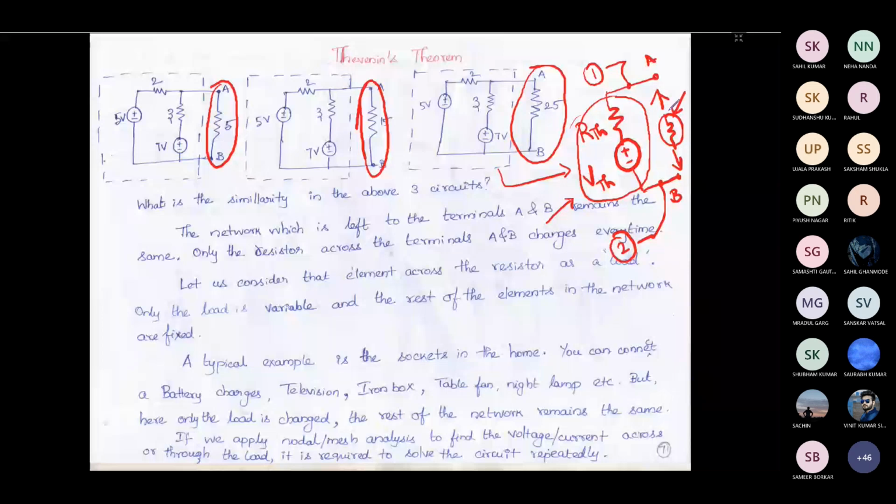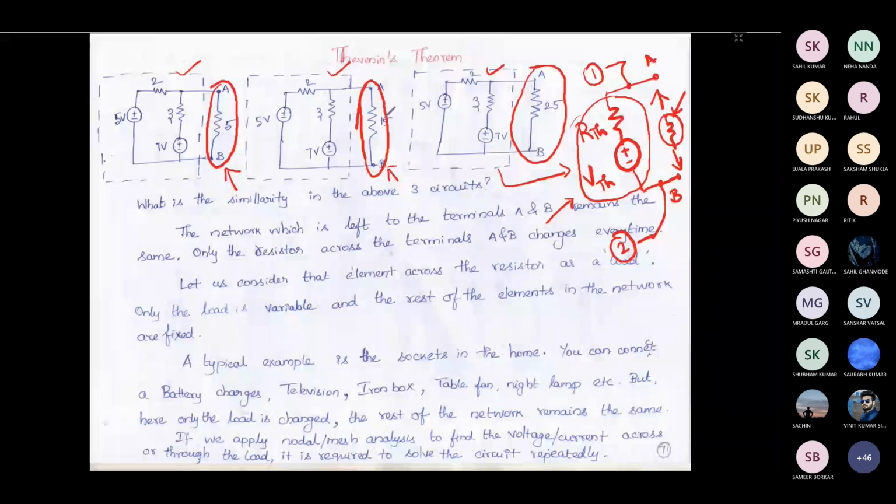Okay, so you can understand that this can obviously be solved by mesh analysis and nodal analysis, but the problem with mesh analysis and nodal analysis here is that only this resistance is changing. If only this resistance is changing, you still have to solve the circuit completely. Even if only one resistor or two resistors are changing, you have to solve the circuit completely and find the solution. When this is a simple circuit, it is easy to find using mesh analysis and nodal analysis.